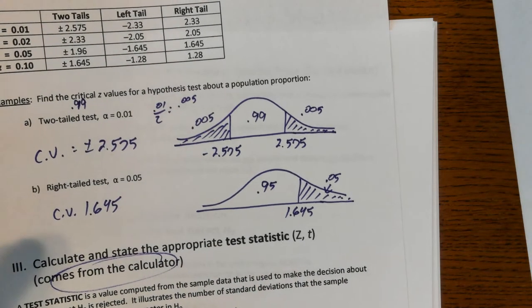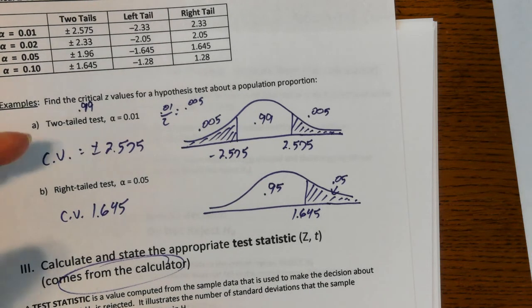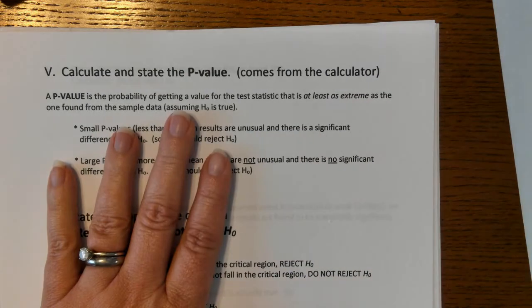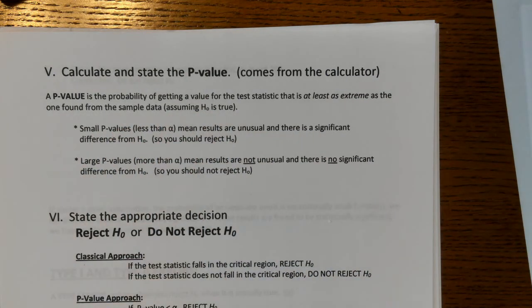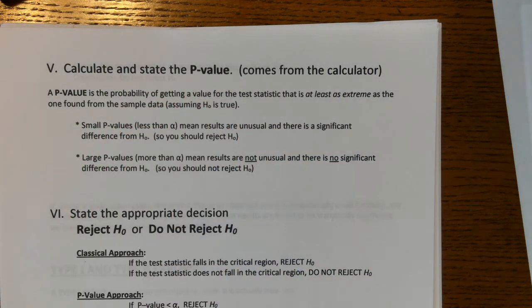However, since this is a statistics class, I think we should focus on test statistics. So we're actually going to use the test statistic and the p-value. But a lot of scientists rely on p-value only and not their test statistics. So I don't know that that's great. I think it kind of shows that maybe they don't really understand what's happening. But p-value is another way that you can figure out whether to reject or fail to reject your null hypothesis,